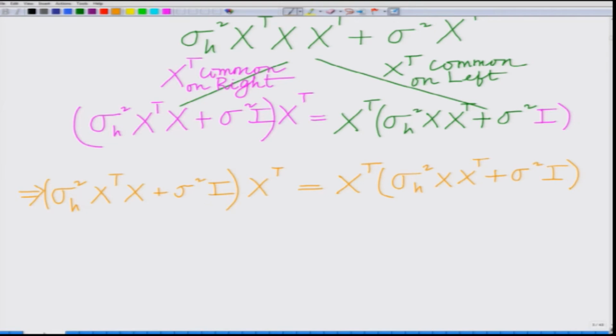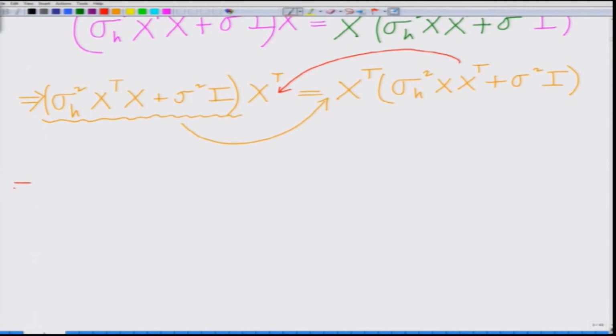Now since both these quantities are equal, I can multiply with the inverse of sigma h square x transpose x plus sigma square identity on the left. This will become the inverse and come over here, and sigma h square x x transpose plus sigma square identity, I can take its inverse and bring it on the right,